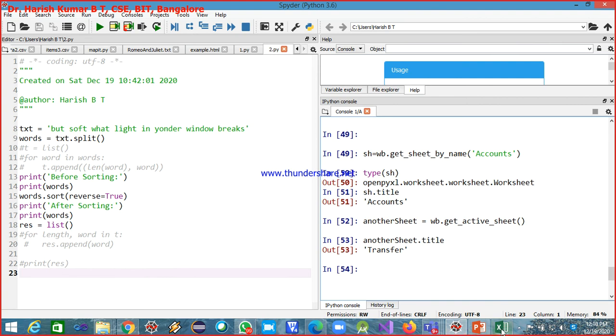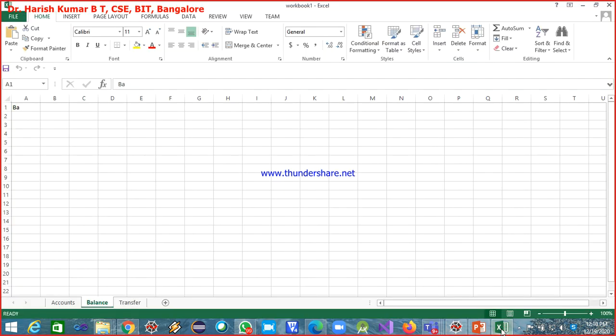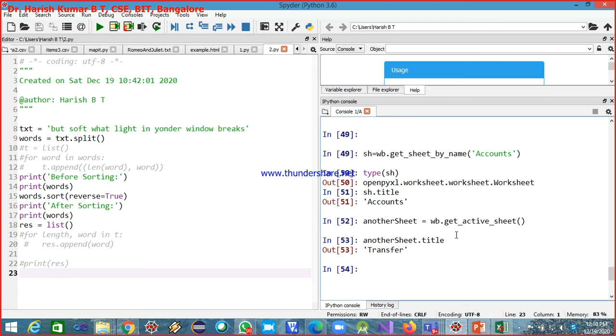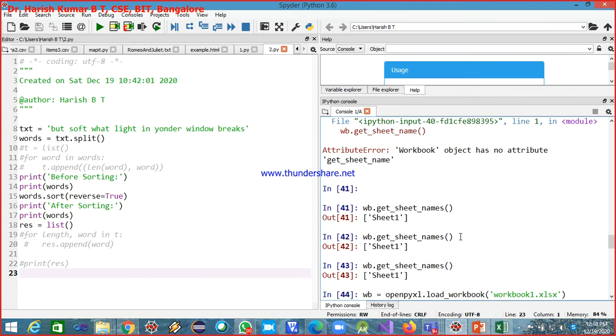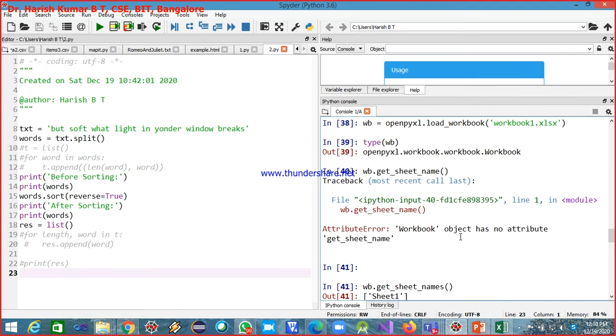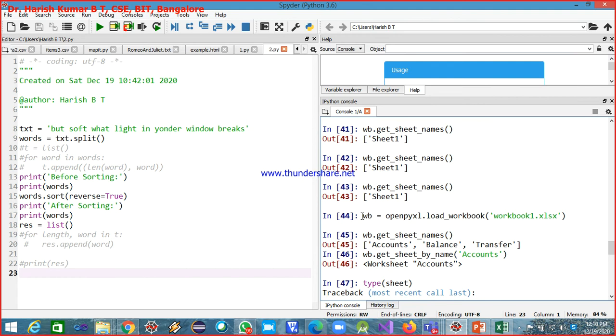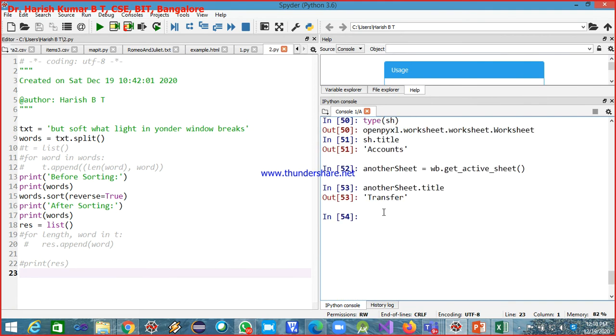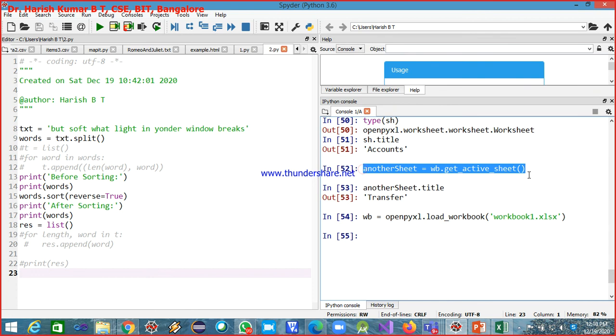Okay, now the sheet which is active is balance, and to get this again I have to create the workbook object. Let me do that. So I'm creating the workbook object. Now I'll go for getting the active sheet.